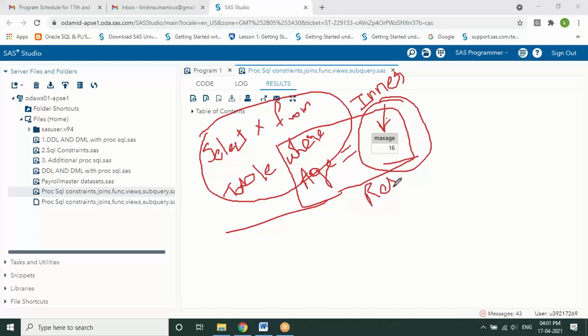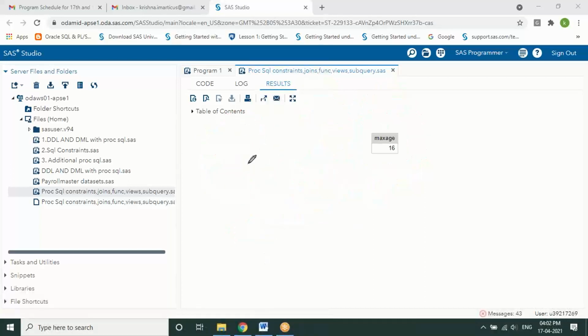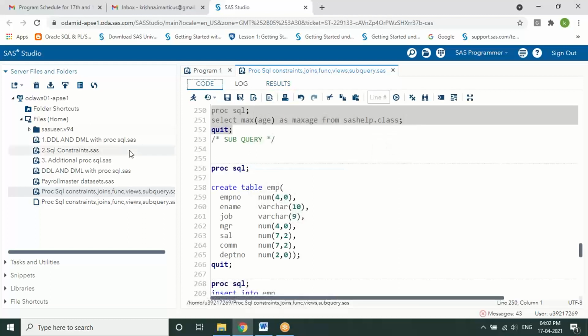Upon this result set, we write one more query to display the values of the entire table. We call it the outer query. This is what we are able to do using a subquery, so that's the need for a subquery.